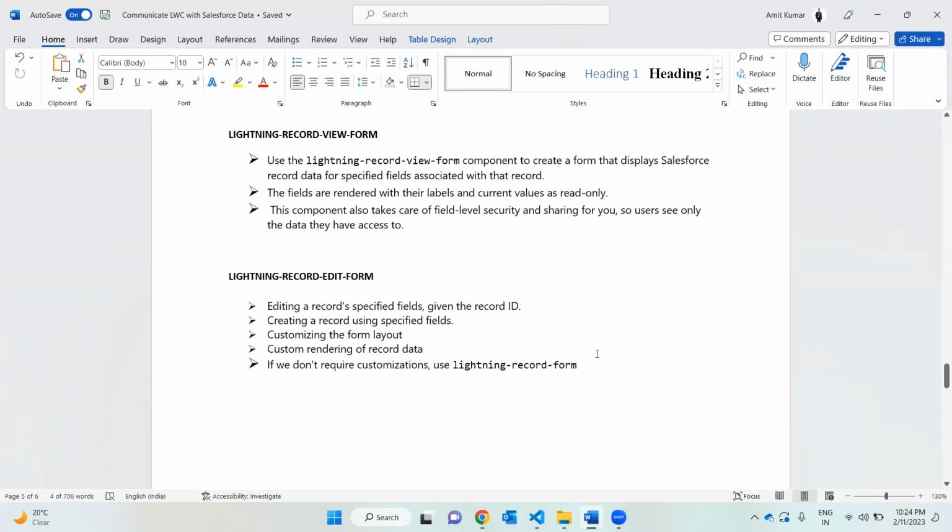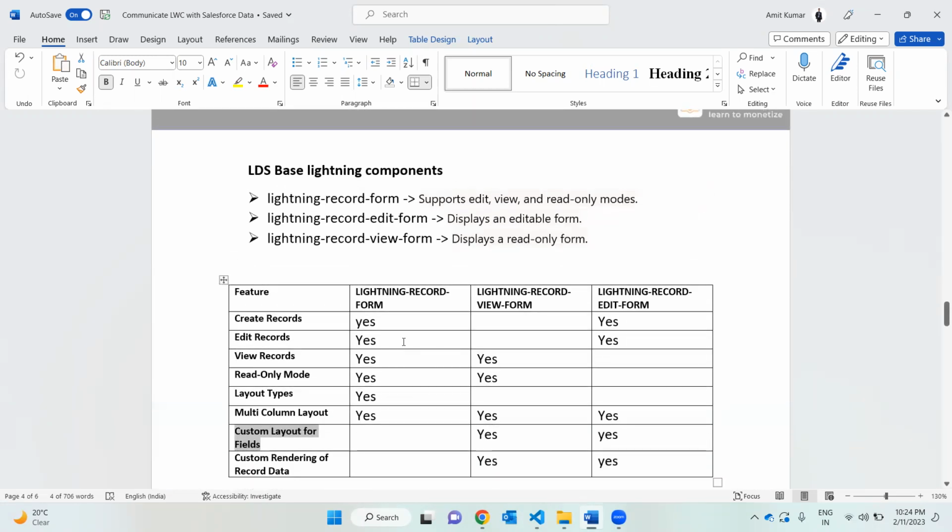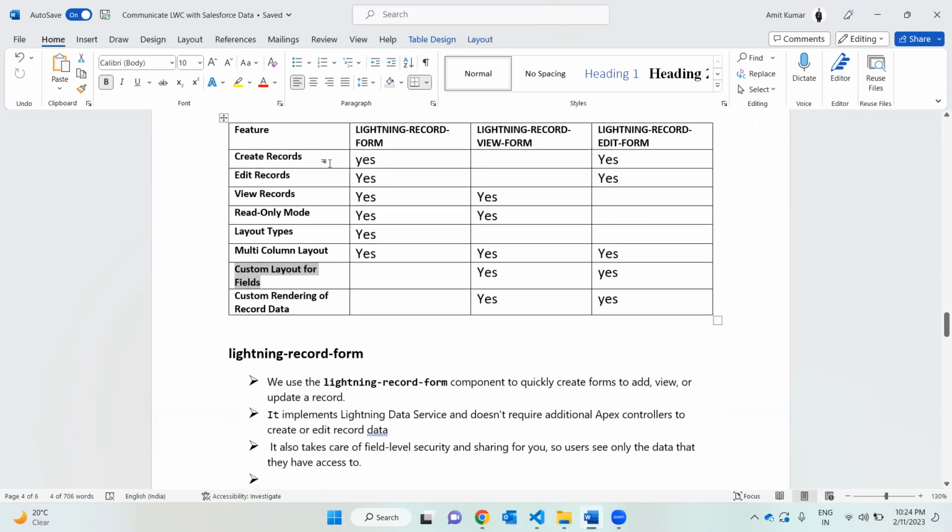The first example, the first element we saw, right? Lightning record form also supports create, edit, view. It supports all three, means it is extra compared to lightning edit. However, it does not support much customization, custom rendering of record data. But if you don't need these two, you can go for lightning record form. But if you want custom layouts, custom rendering, you must use lightning record